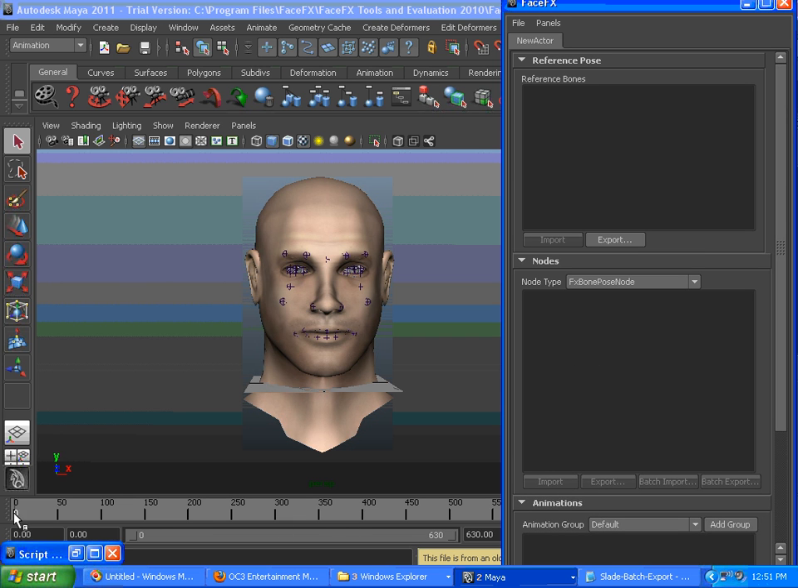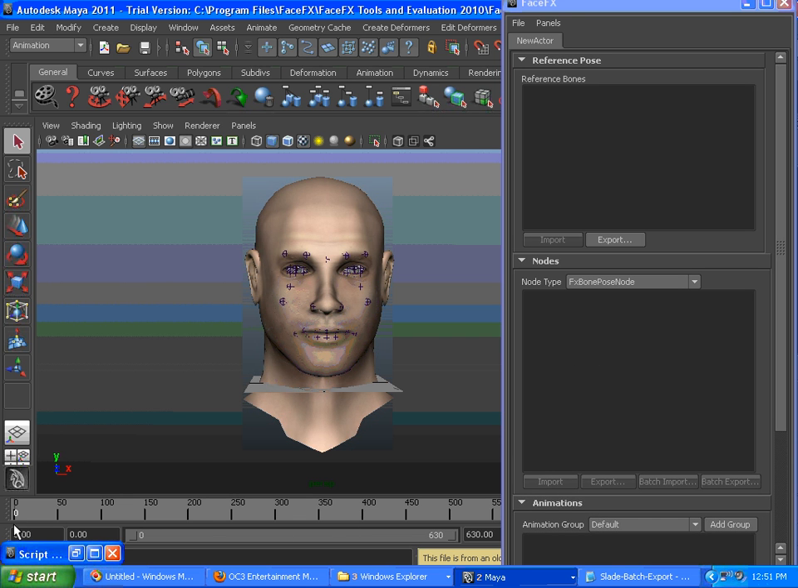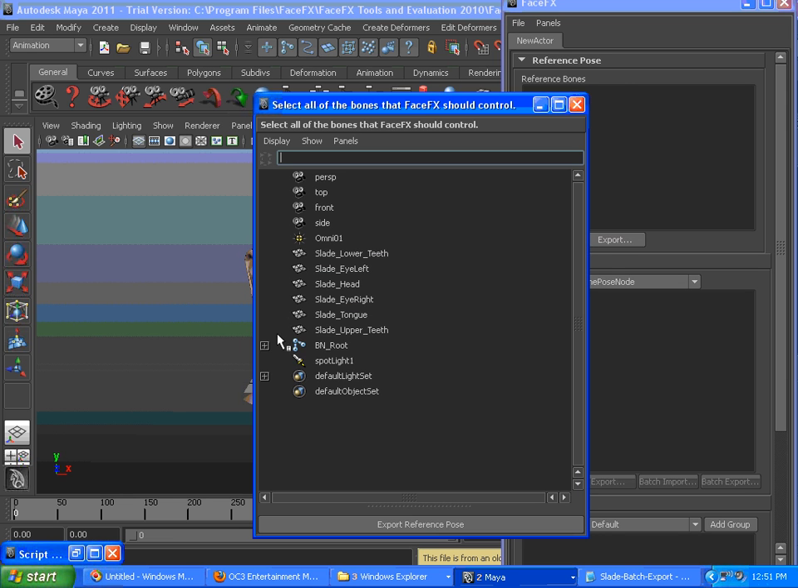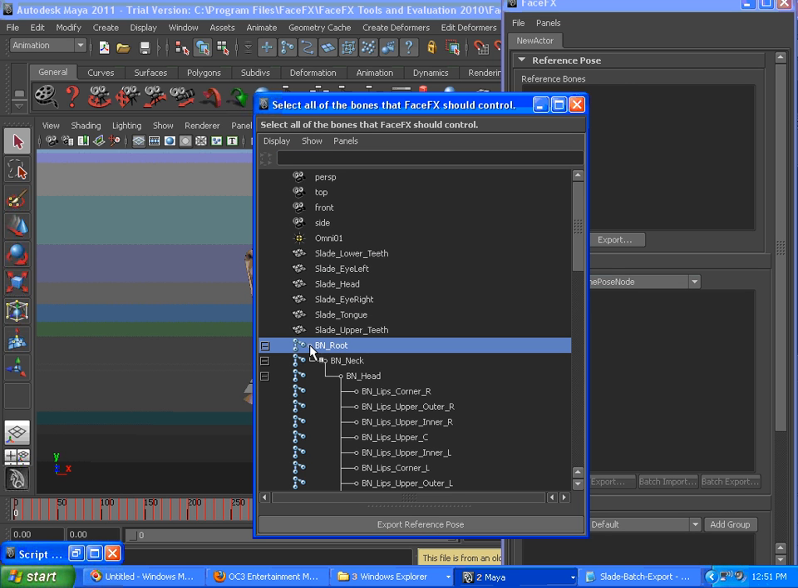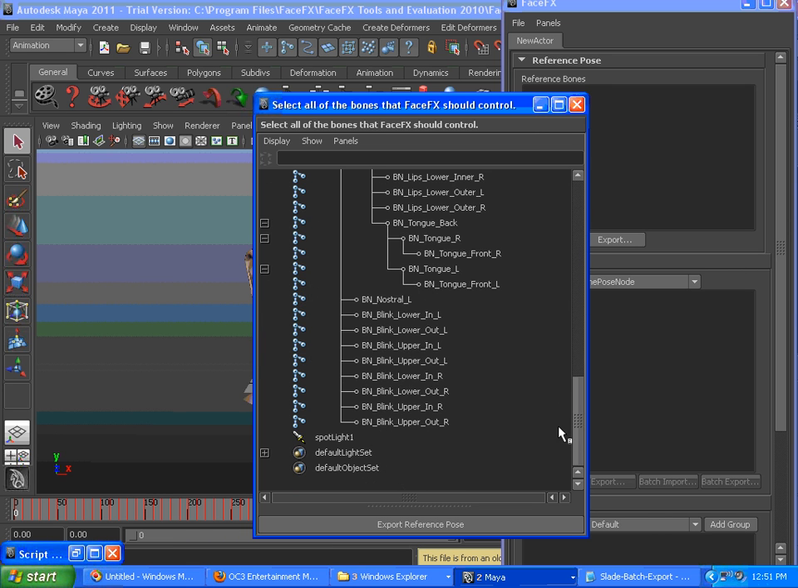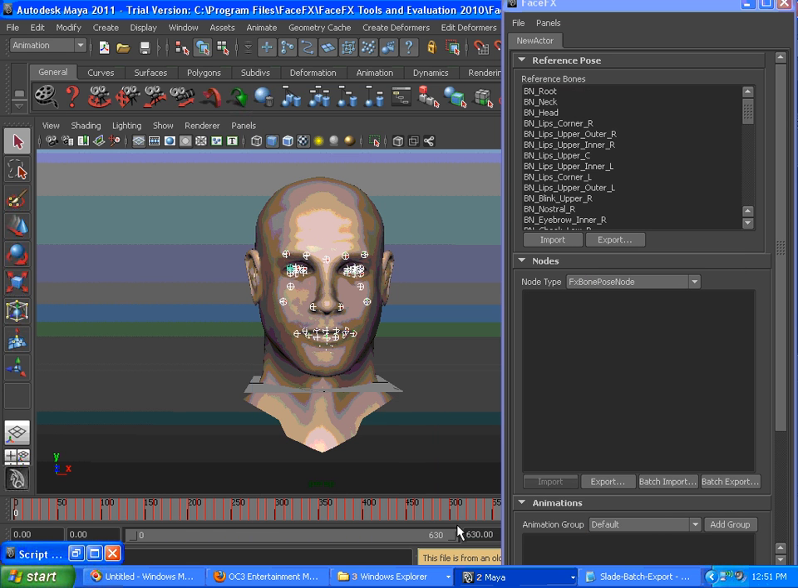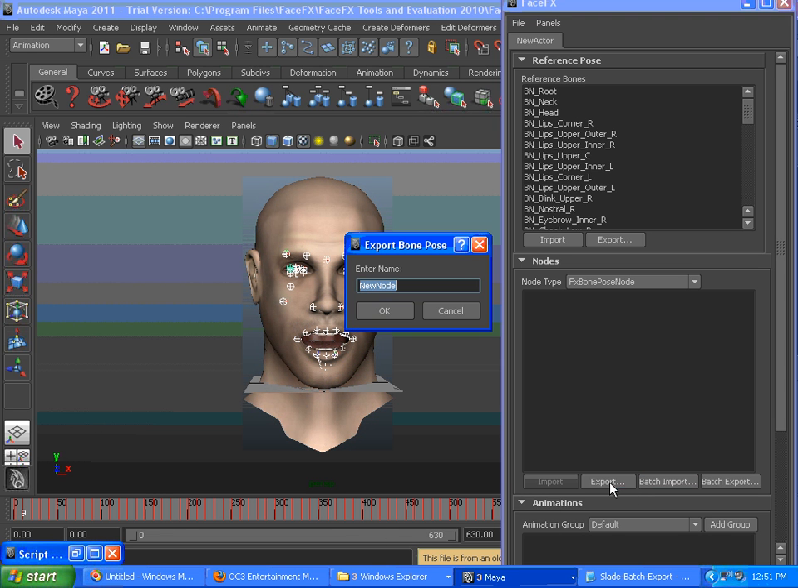Slade's a bones-based character, so we're going to export a reference pose. Go to frame 0, where Slade's in a neutral position. Click Export. Select the bones that we want FaceFX to control. In this case, it's all the bones. And now we have a reference pose, and we can export bone poses one at a time by going to